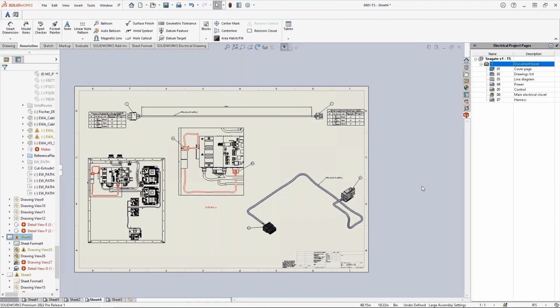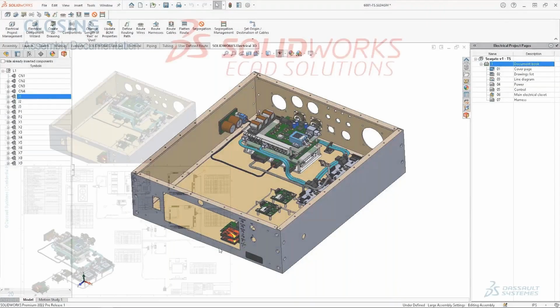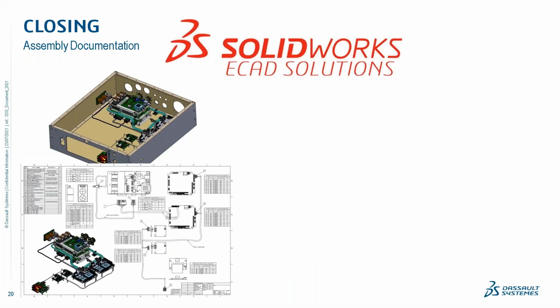So again, as you witnessed in this example, once the schematics are created and we're feeding the metadata into mechanical, from there, with all the connection and property information of the wires, cables, and harnesses defined, we can get the routes. The routes give us the links and help us catch interference and optimize the packaging. But what we witnessed here is the power of documentation, how we can extend the value of what we're already doing and capture all the critical metadata that we need, our customers need, and our production needs,